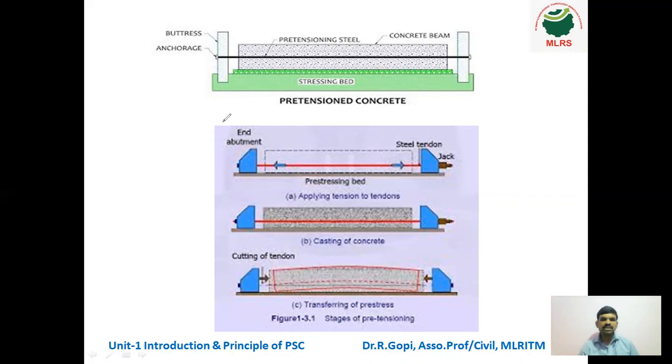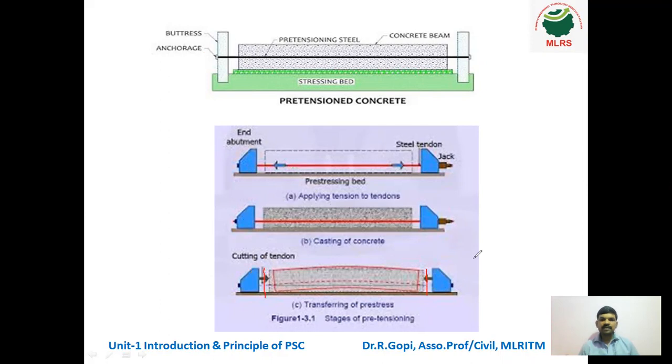You can see in this second picture. Initially, using the jack and anchorage devices, it is stretched. That means tension force is acting. The blue color is the two end abutments. Consider this is the railway sleeper. Initially it is in tension condition. You can see there is an empty space before concreting. Before concreting only we have to give the tension force. This is after concreting. Still the rods are subjected to tension. After that the rods are cut here.